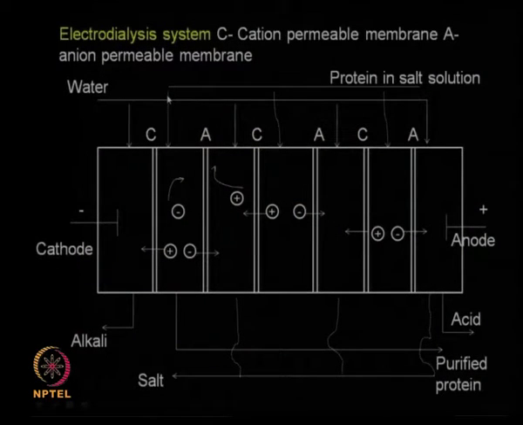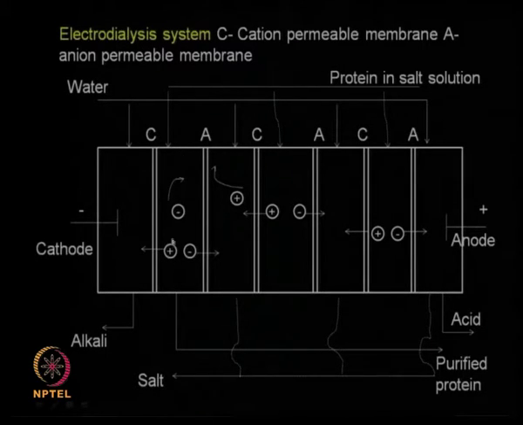So, that protein can be recovered in water. Now, suppose I have a protein in salt solution and then I am passing water. So, water is passed into alternate chambers, protein is passed into alternate chambers. Now, you are applying a very large voltage, and then you have anion selective membranes, cation selective membranes alternatively. What will happen? Look here,